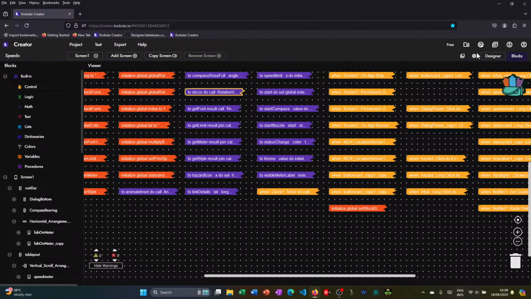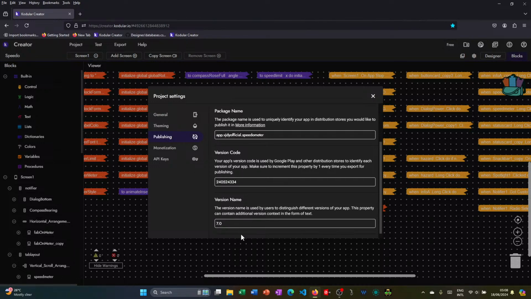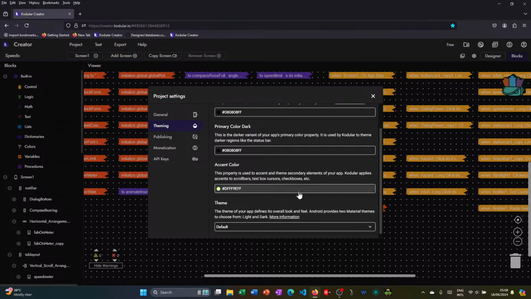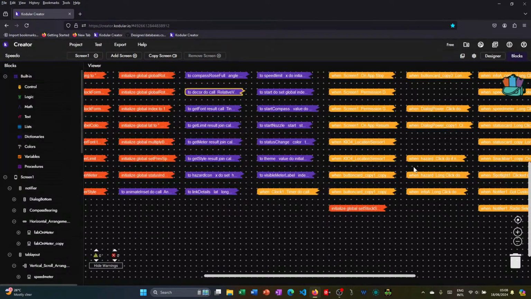So we're going to go into the settings and use 7.1 as usual, because okay, so now I changed it to DFF9EFF. Now everything works,